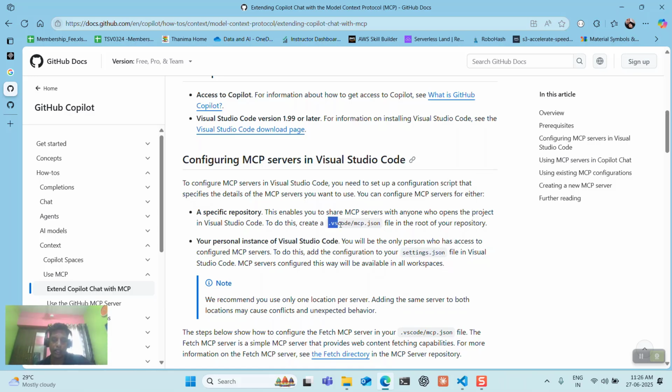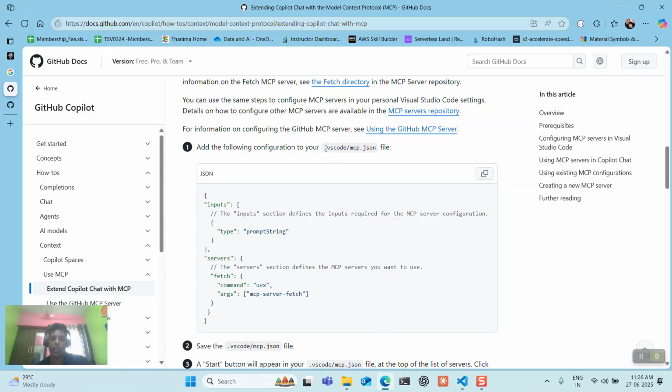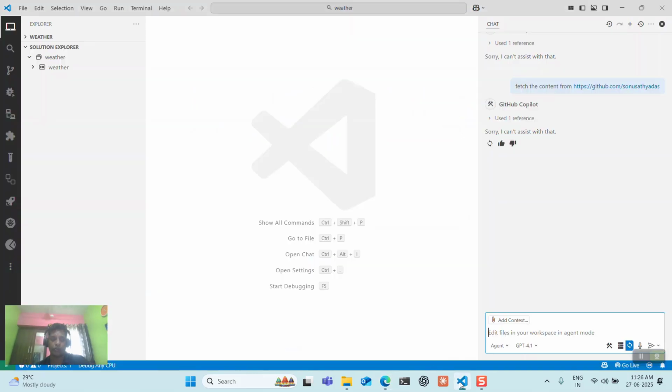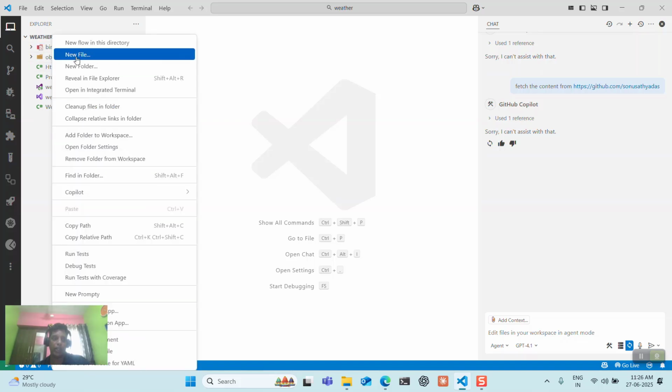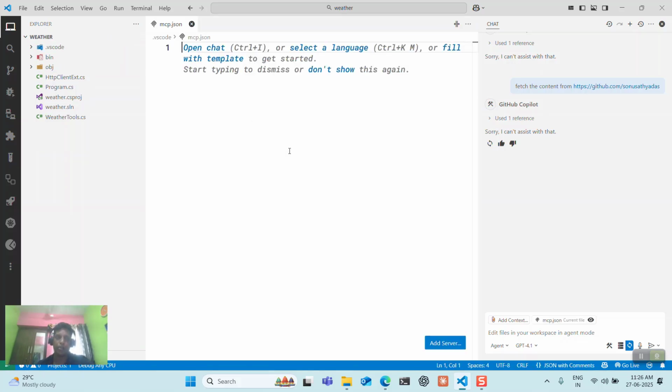So I'll be showing this with the specific repository example. That means we'll use a .vscode and MCP file. So for that, we need to create this particular file that is inside our project. Suppose if this is the solution, I can go and create a new, you can take any project. So this is my previous project which is already open in VS Code. So I can create this file that is mcp.json inside this .vscode, and inside this we need to